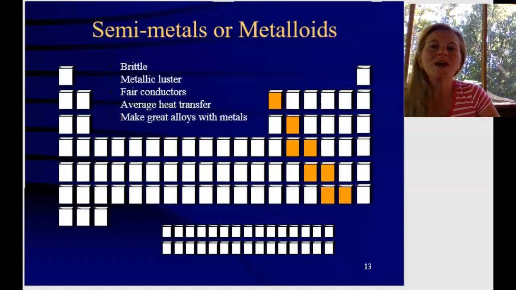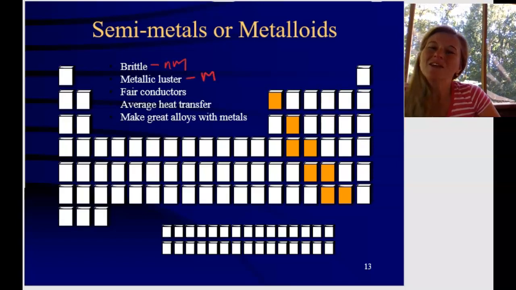All right, then we got the little staircase here, right? Our semi-metals or metalloids. And some people don't like them. They're like, come on, are you a metal or are you a non-metal? Well, they show characteristics of both metals and non-metals, right? They're in this kind of zone where the metals and non-metals meet. They will also be brittle like a non-metal, but they're going to have a metallic luster like metals. They are fair conductors. Some of them conduct magnetism, electricity, and heat much better than others,